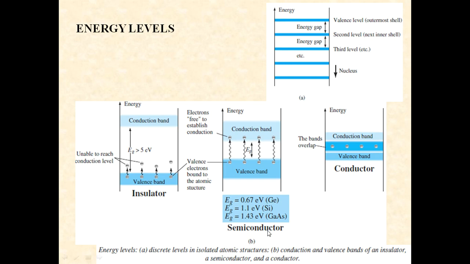Whereas in the case of a semiconductor, you can observe that the energy band gap is not that large when compared to the insulator. It is still smaller, right? It is less when compared to an insulator. So whenever any external energy is applied, either in the form of voltage or light, the electrons residing in the valence band get energized and they immediately jump into the conduction band. Whenever electrons move from the valence band into the conduction band, we say that current flows.